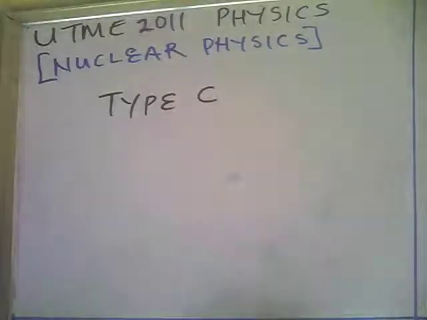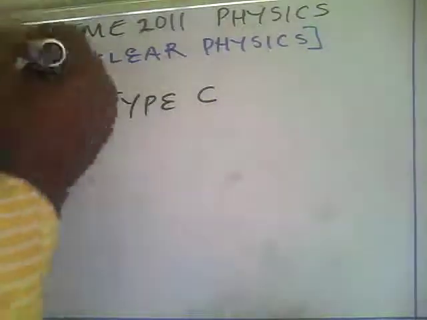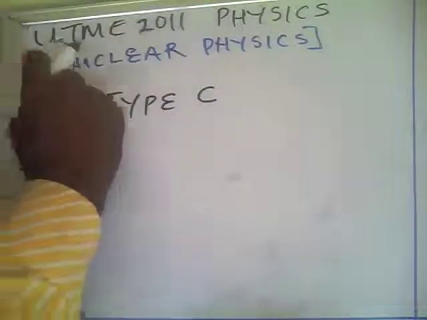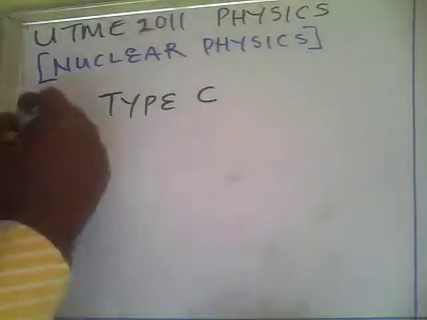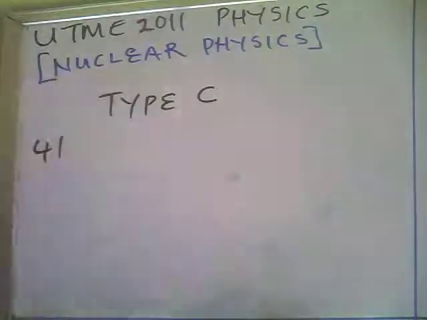We are looking at UTME 2011 physics. To be particular, the topic we are looking at is nuclear physics from 2011 JAMB questions, and the paper type is type C. Now we have the first question, number 41 in this type. The question is: